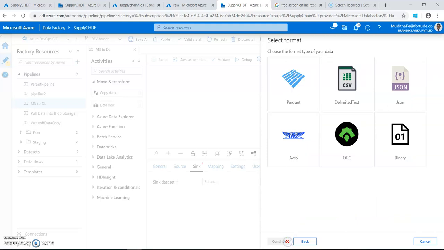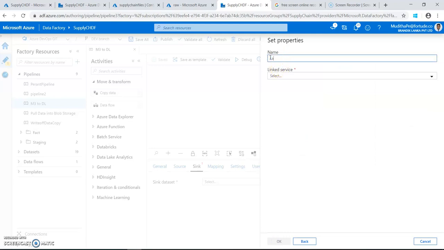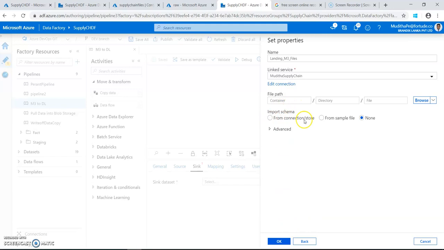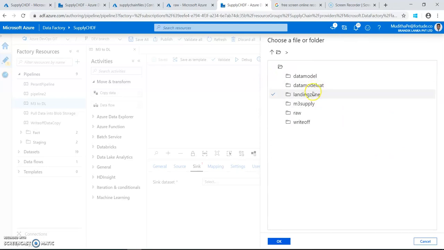Okay, just click continue, and then I'm going to use the Parquet file format. There are other file formats also available, like delimited text, CSV file. I'm going to use the Parquet file format, and I'm going to name it landing M3 files, and it does not allow spaces, so let's put an underscore here. Okay, and then we can select the linked service. I already created a linked service to my blob storage. This is supply chain. And then I'm going to set schema to none, and I'm going to browse this landing zone